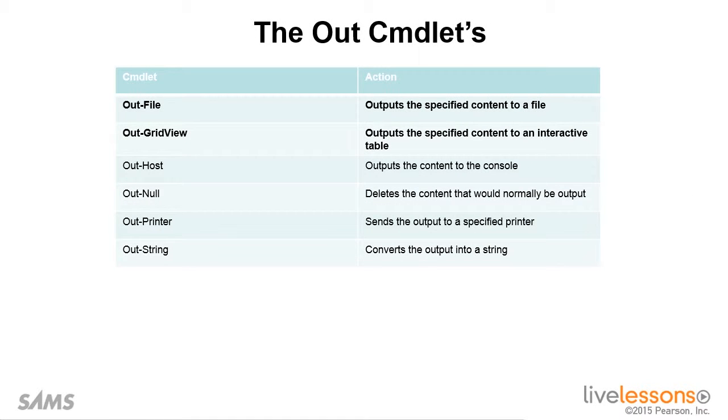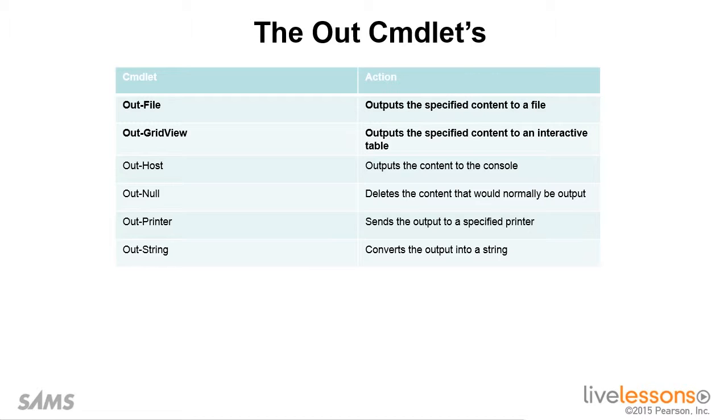Let's explore some of the out commandlets that exist with Windows PowerShell. I like these commandlets because they give me the ability to take the information that PowerShell has and put it in other locations, such as a file. You'll notice that I have only 2 of them marked in bold, that being Out-File, which is going to take the output of the screen and save it to whatever file location you specify, and Out-GridView, which is